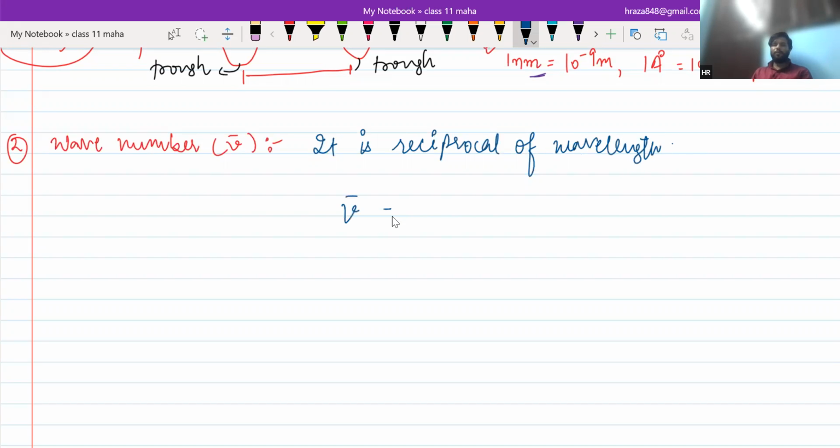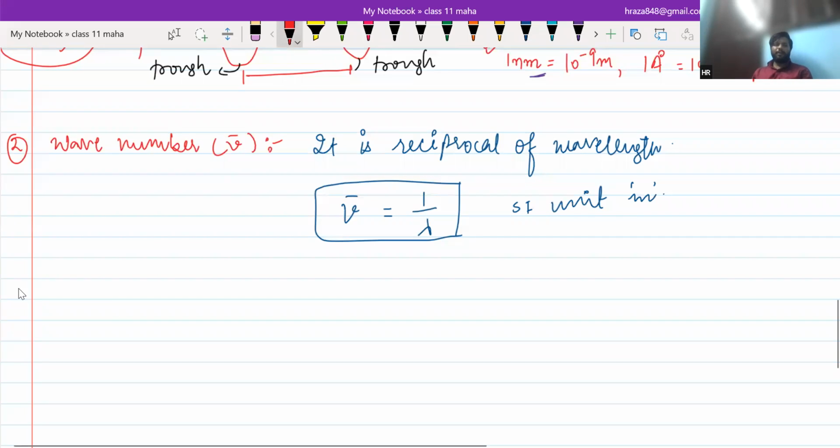Nu bar is equal to 1 by lambda according to the definition. The SI unit will be per meter, but other units like per centimeter can also be used. So this is wave number, and then third comes